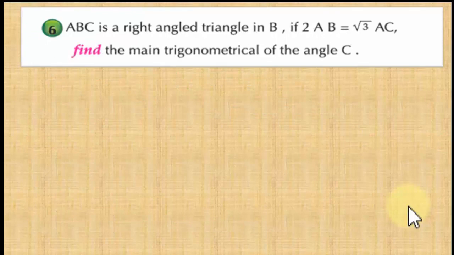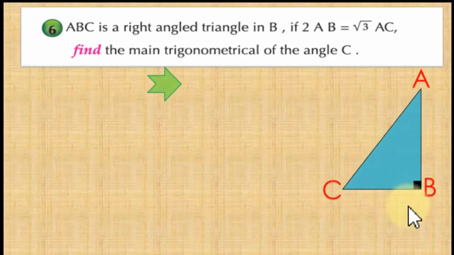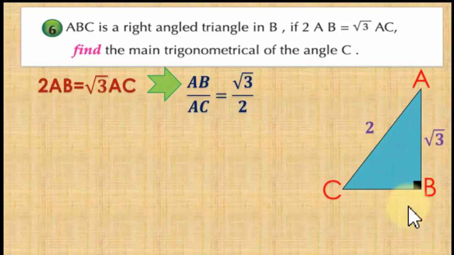ABC is a right angled triangle at B. If 2AB equals the square root of 3 times AC, find the main trigonometrical ratios of the angle C. Here we have 2AB equals square root of 3 times AC. So if we say AB over AC equals square root of 3 over 2, well done. So we will draw ABC triangle, and here we have AB, which is expressed as square root of 3, AC, which